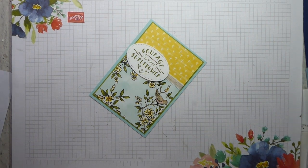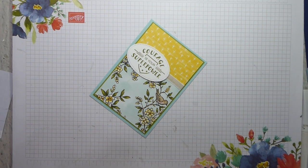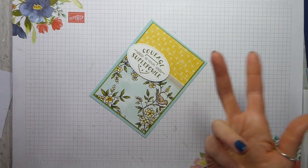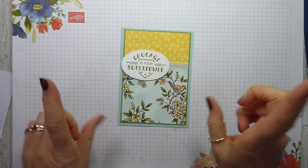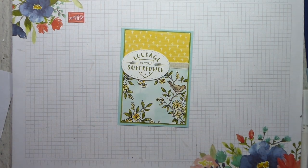Today I'm late with you, but that is because I am taking part in Kylie Bertucci's training program Blog Hop. There are masses of us taking part in this international Blog Hop, and we're allowed to do whatever we want this month because it's the first one we're doing. And I thought I would show you a card that I've actually made for her father, who has recently been unwell,